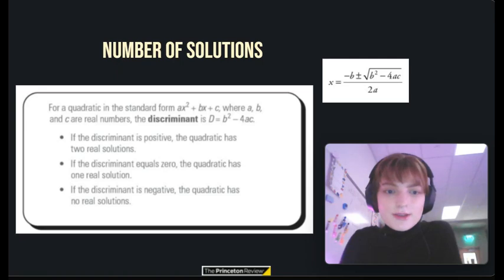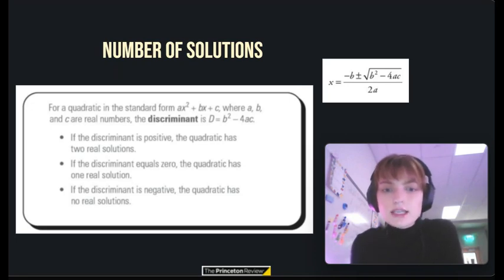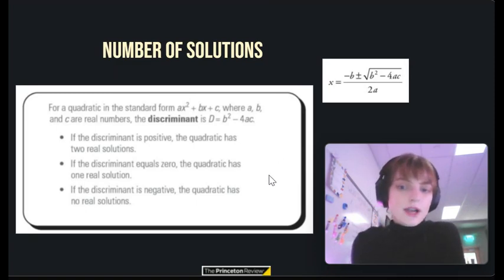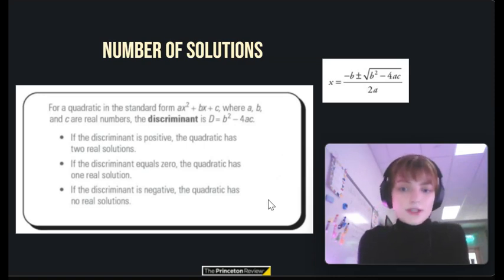Here we are using a quadratic in the standard form, ax squared plus bx plus c, where a, b, and c are real numbers. The discriminant is D equals b squared minus 4ac. This is something that is going to be new to practice and will help us anytime we need to find the number of solutions